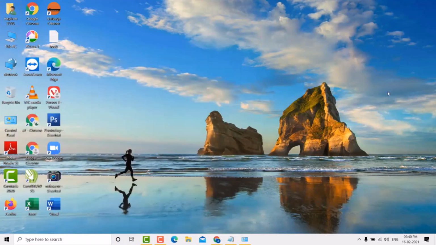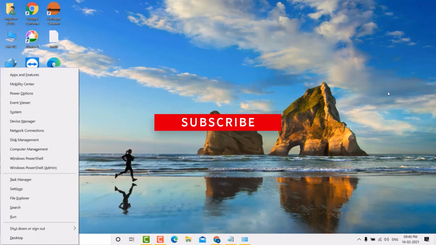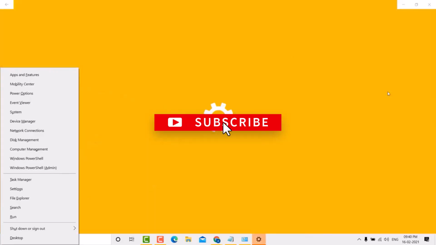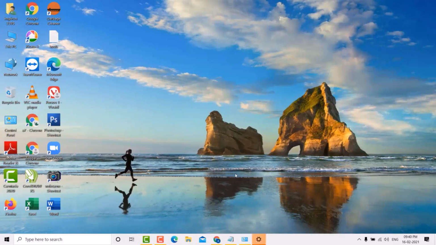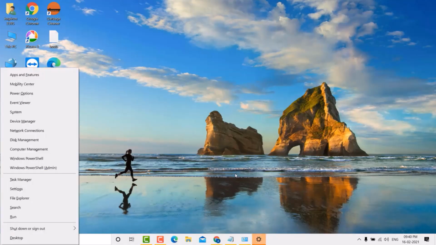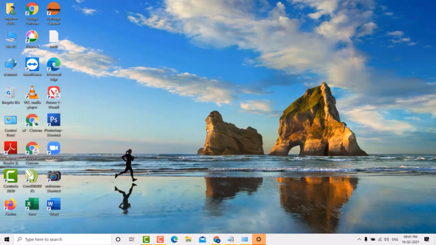Firstly click on start plus X key plus U key, double tap. Start key plus X key plus U key plus U key, 2 times. So guys, this is a very simple and easy method if you want the keyboard shortcut for shut down